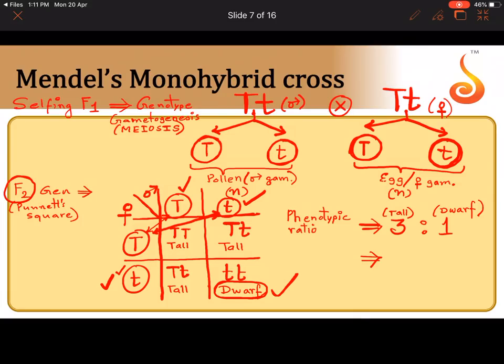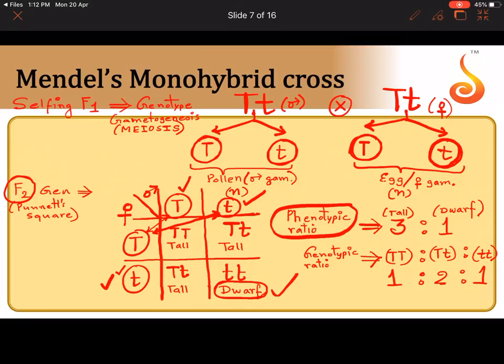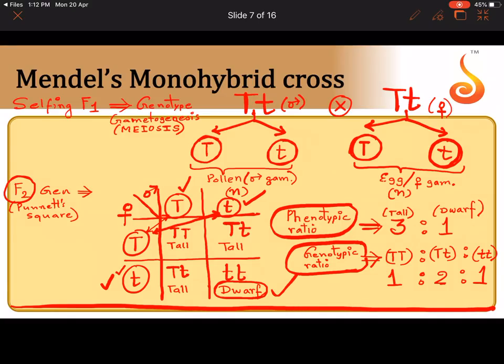Next, what is not visible to us is one of them is capital T, two of them are capital T, small t, and one of them is small t, homozygous and heterozygous. So 1:2:1. This is something you cannot see. So it is what ratio? It is called genotypic ratio. So you have to write phenotypic ratio at least, but it is better if you also mention, because for monohybrid cross the ratios are very simple, so you mention both phenotypic and genotypic ratio. So this completes your scheme for a 5-mark question.